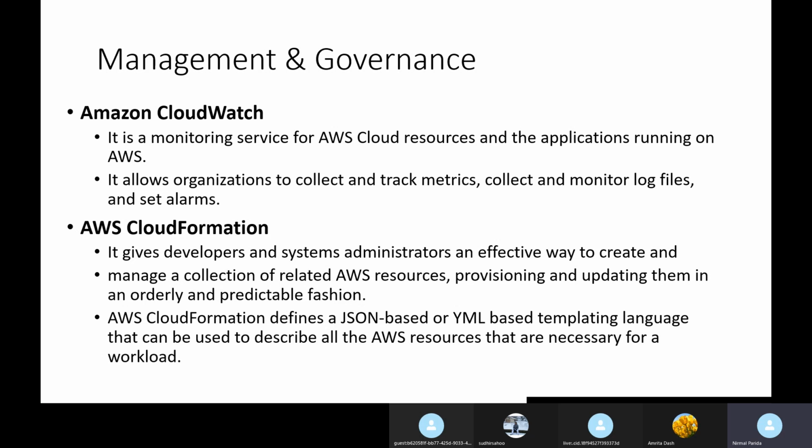Using code, you can create your virtual machine. Instead of going to the console, you can write a YAML script to create your infrastructure's resources. You can also create a database server using CloudFormation.